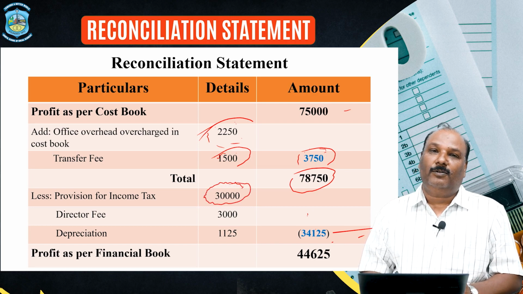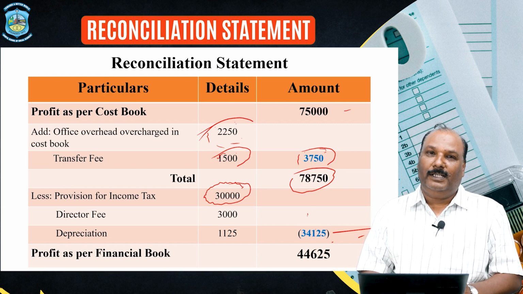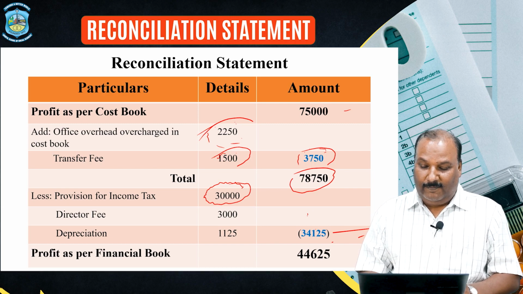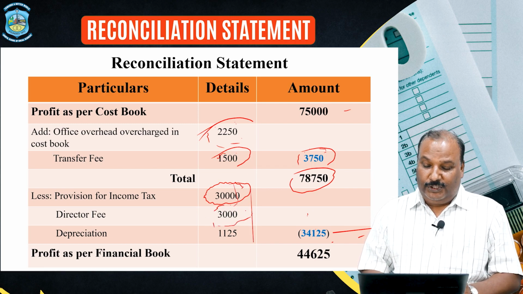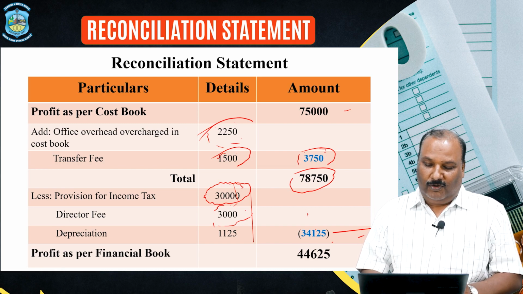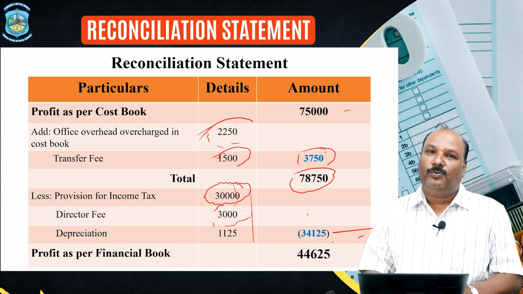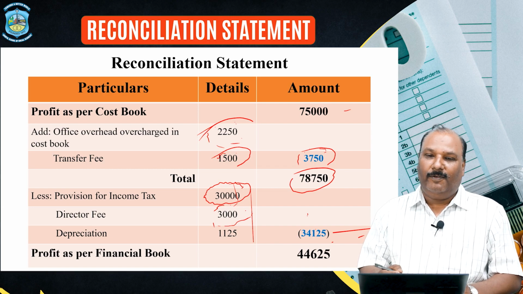So, 30,000 rupees will be deducted. Director fees is also an expenditure of the financial book. Therefore, 3,000 rupees we will minus. Depreciation, 1,125 rupees, is also an expenditure shown on the debit side of the financial book. Therefore, the profit of the financial book will decrease. Therefore, we will minus